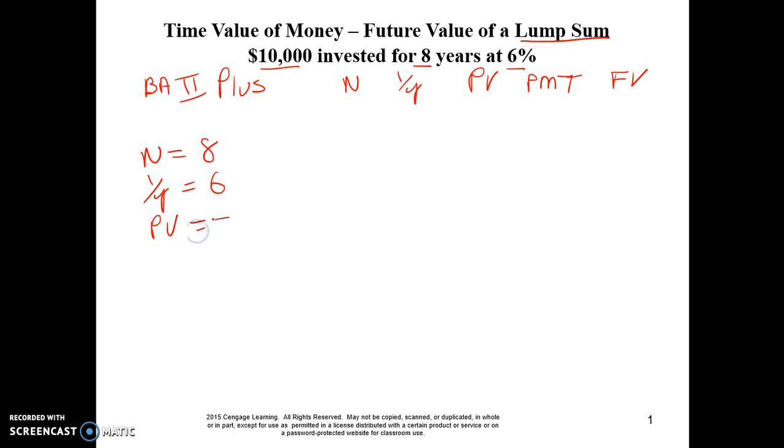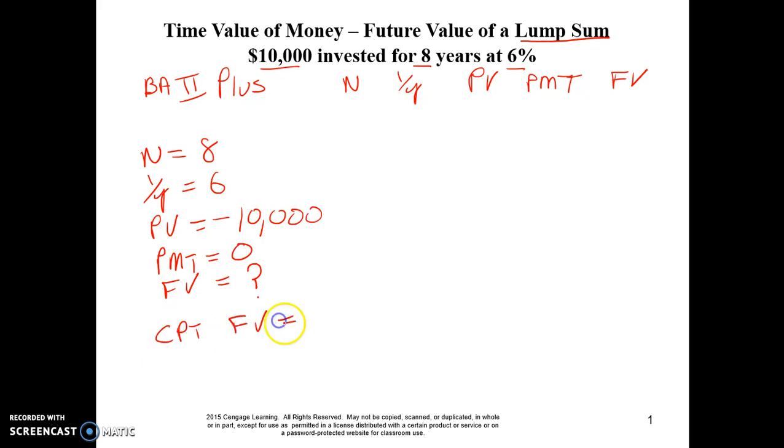PV is the lump sum that we're investing. That's a negative. So enter 10,000, then hit the plus-minus key at the bottom right side of your calculator, right next to the equal sign. Payment here, as I said, we've got a lump sum, so payments are 0. And future value is what we're solving for. That's our question mark. So we're going to hit the compute key, future value, and that value is